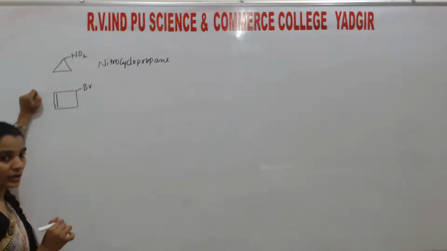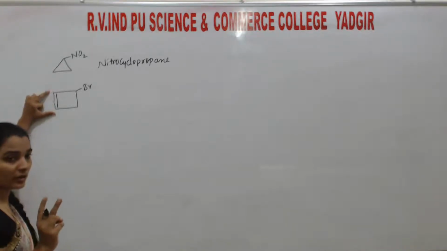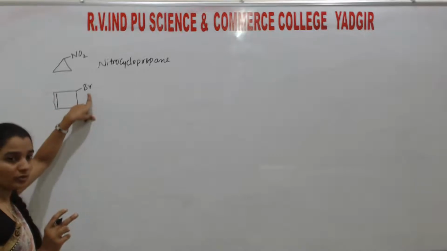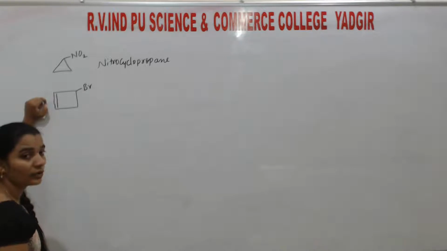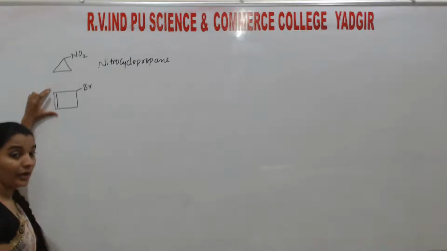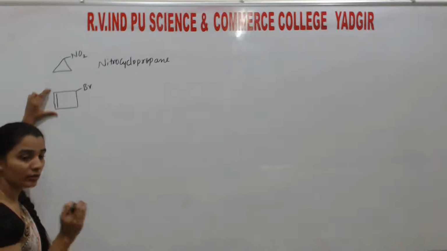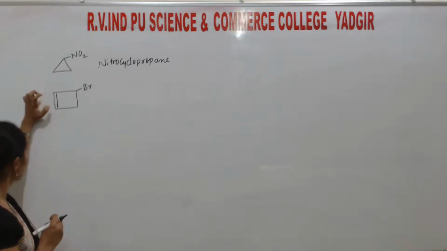Listen, students. In the same compound, two functional groups are there. One is this halogen, another one is this double bond. Then preference is given to what? Obviously, double bond. Understand? Preference is given to double bond. At this time, when two functional groups are present, we have to number the